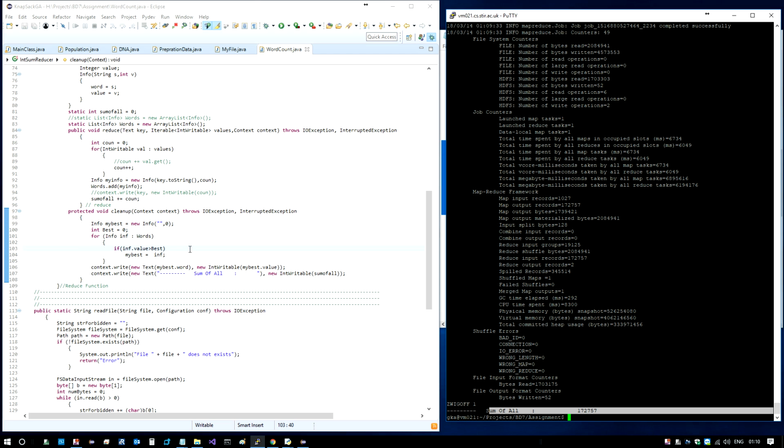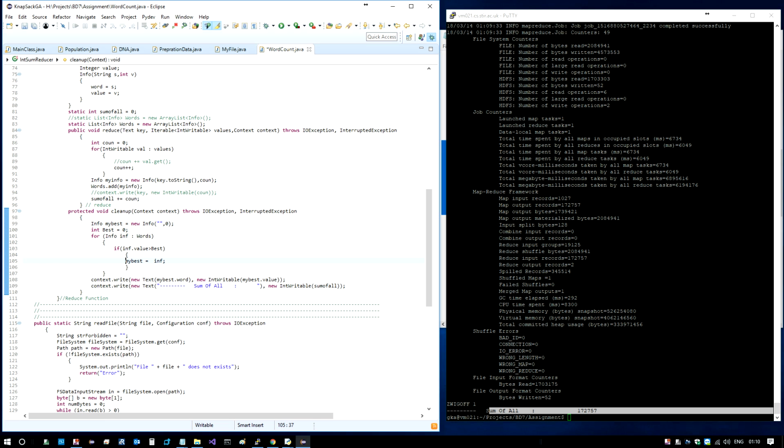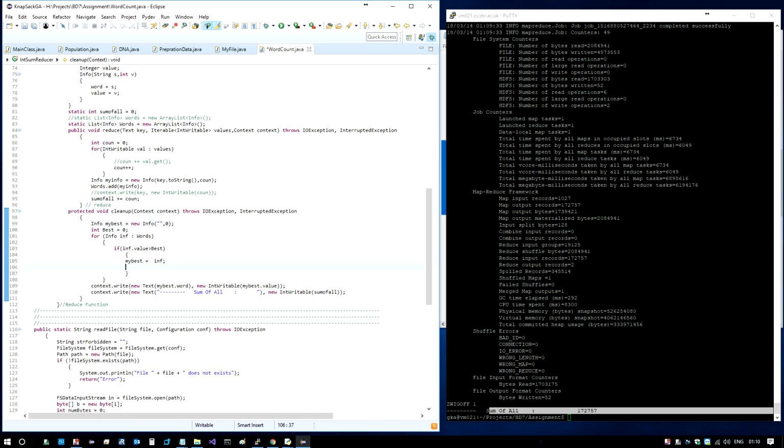It's telling me the info value is the minus the best. Okay, I changed the best because I have to. When I change it to best, I have to say, okay, my best is info, and I have to say best is for the next time. You have to, because definitely the last word is going to be there, because all of them are more than one. I'm going to say best is equal to